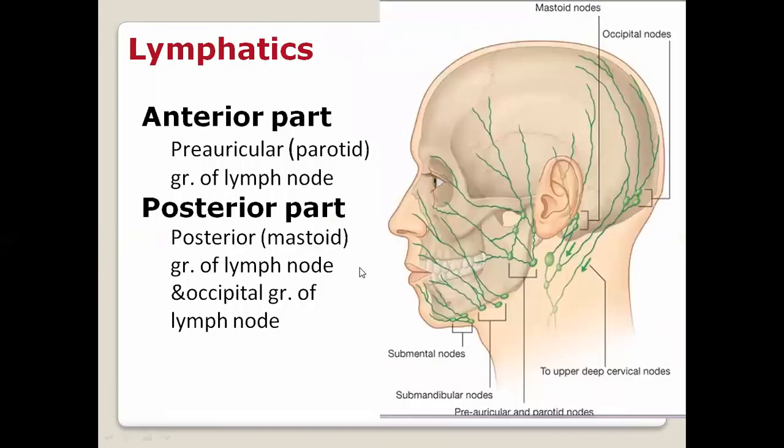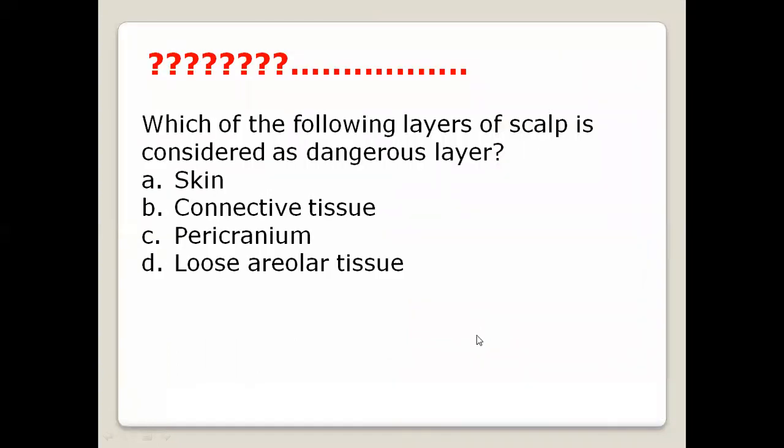Okay. So if you see the lymphatics, the anterior part of the scalp drains into the preauricular, that is parotid, group of lymph nodes, and the posterior part of the scalp drains into the mastoid and occipital group of lymph nodes. Okay. So with this, I think